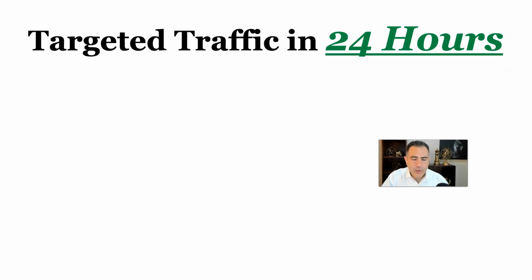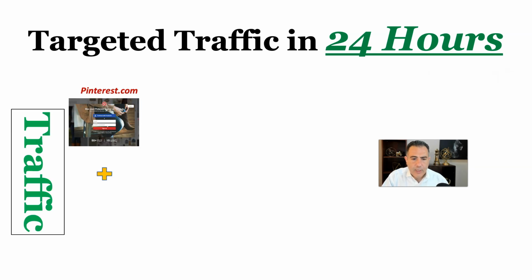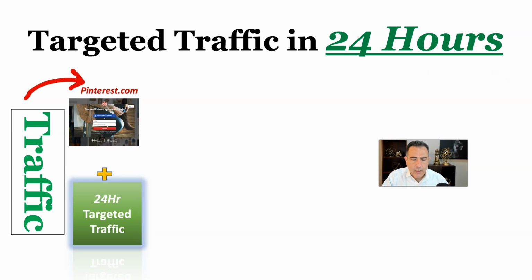This is called Targeted Traffic 24 hours. That means you get targeted traffic within 24 hours. The traffic comes in from Pinterest. The 24-hour traffic is something that you gotta do if you want to be different than the other affiliate marketers that do the same thing and they want everything for free. You can do it for free. You're welcome to do that. You don't have to do that if you don't want to. Other people will be ahead of you who are doing it. I'm obligated to say that because it's an option that you have.